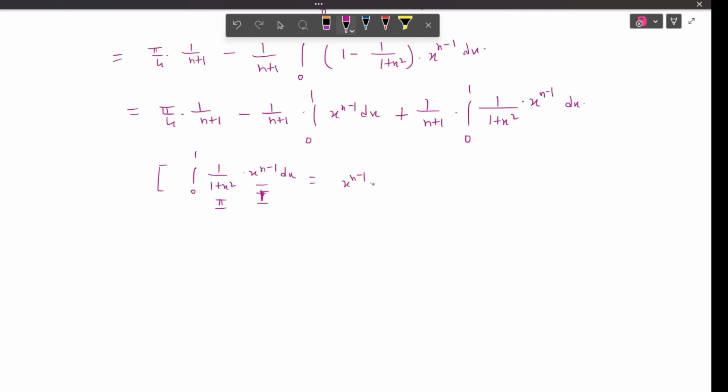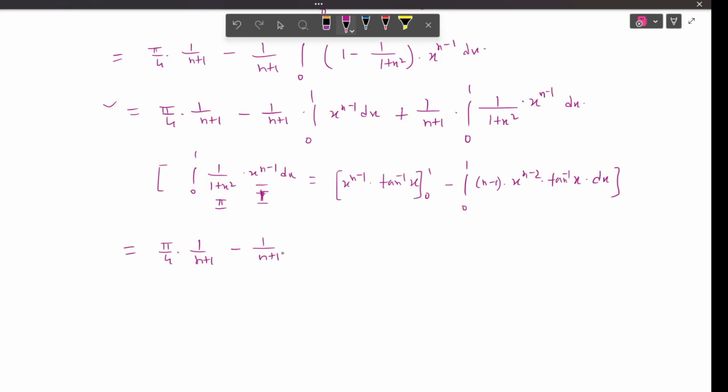So x to the power n minus 1, integration of 1 by 1 plus x square dx. This is the tan inverse x formula, from 0 to 1, minus integration 0 to 1 of d/dx of x to the power n minus 1. This would be n minus 1 x to the power n minus 2 into integration of 1 by 1 plus x square, that is tan inverse x dx, right? So you can say from this line it is pi by 4 into 1 by n plus 1